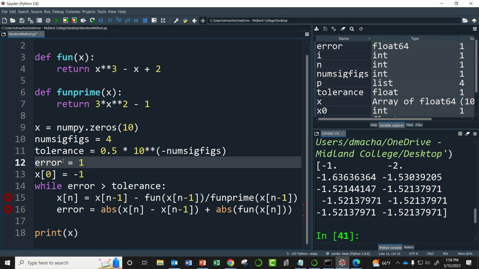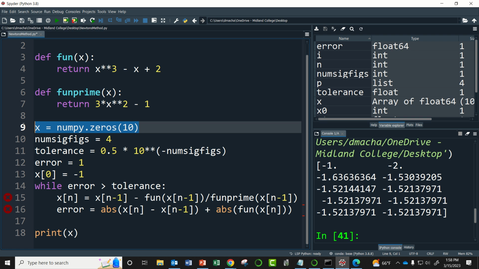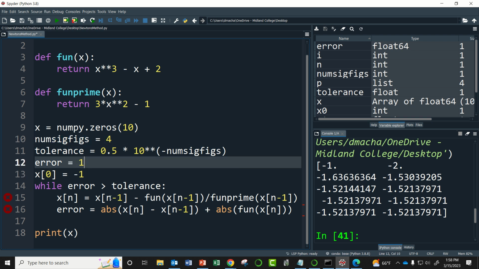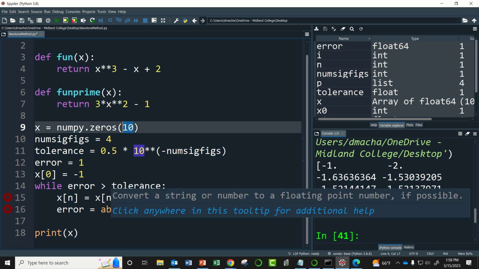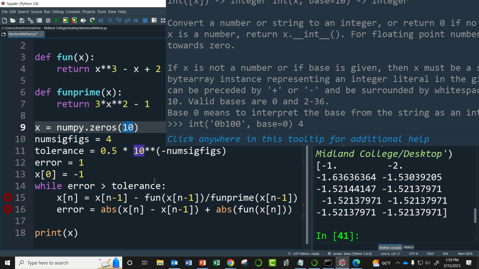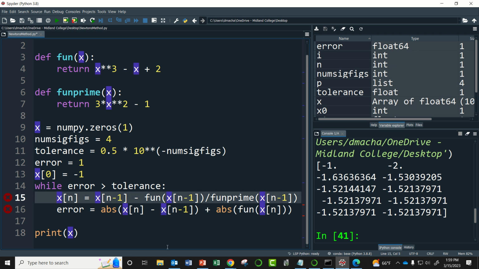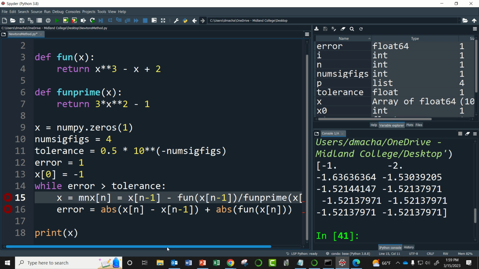Now, with my for loop, I was having the loop iterate 10 times, and I set up this array to be size 10, because I was only expecting 10 iterates. But now, depending on how close I want my tolerance to be, or in other words, how many significant figures I want in my answer, I might actually need more than 10 entries in my sequence of iterates. And so to make that happen, I'm going to set this to 1 instead of 10, which might sound counterintuitive,